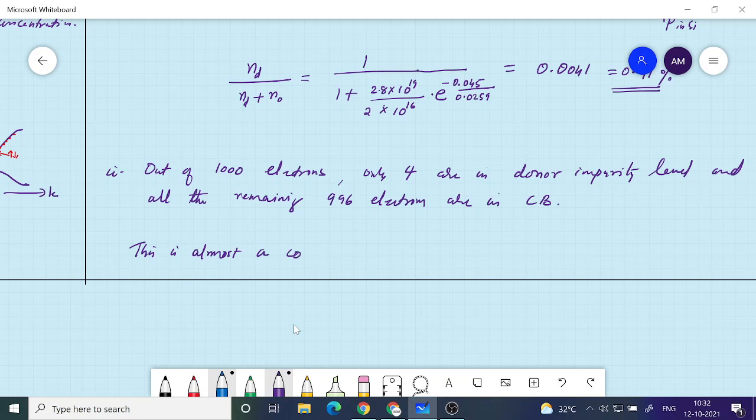You can say that this is almost a complete ionization at room temperature. That means for every donor atom that you have substituted, no electron is actually staying with that donor atom; they have gone to the conduction band. Alright, so